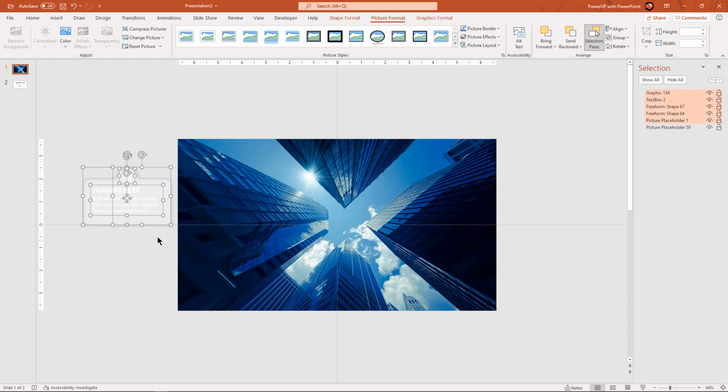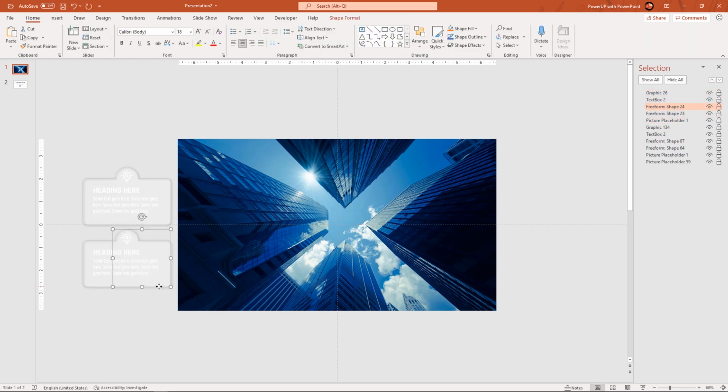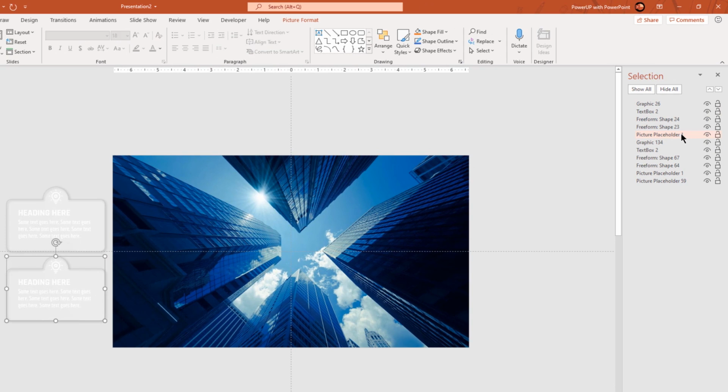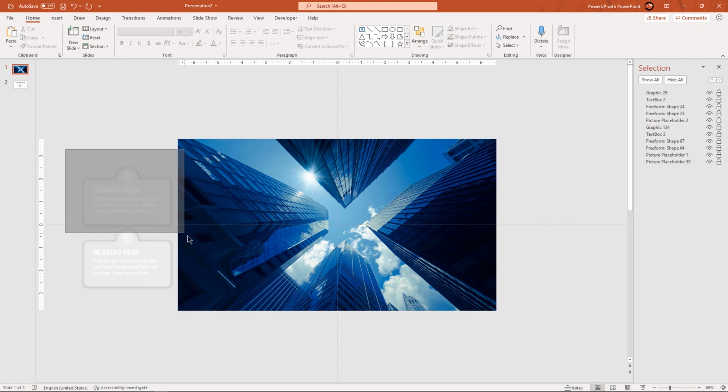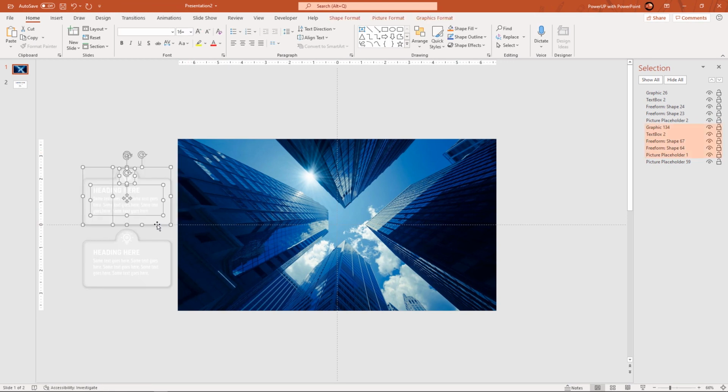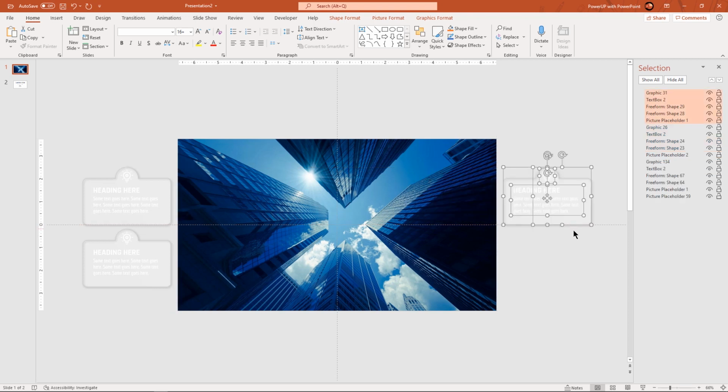Next, create the duplicate of the first set of shapes and rename its picture placeholder as number 2. Similarly, let's create 2 more duplicates, place them on the right side of the slide and rename their picture placeholders as number 3 and number 4.